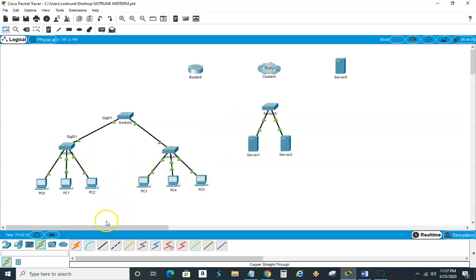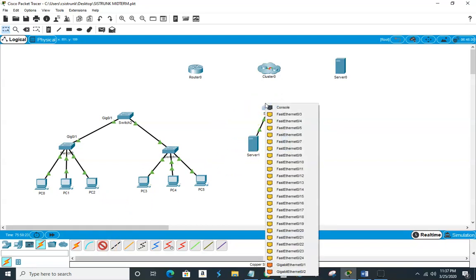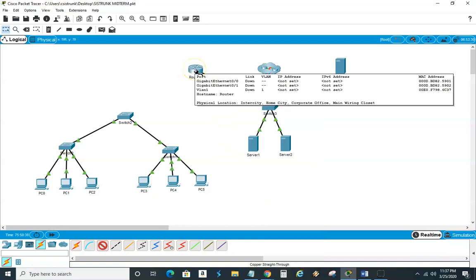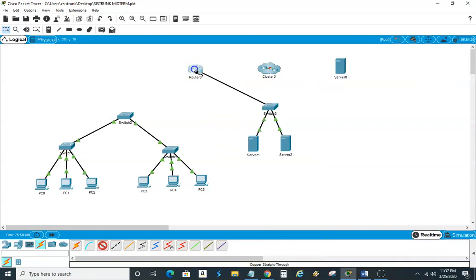So let's go ahead and get this going. We're going to click here. And with that being clicked there, we're going to say Ethernet 0/1. Right here, I'm going to go from the 2 here. And then I'm going to come up here and go straight to Ethernet 0. I'm going to choose 1, okay?